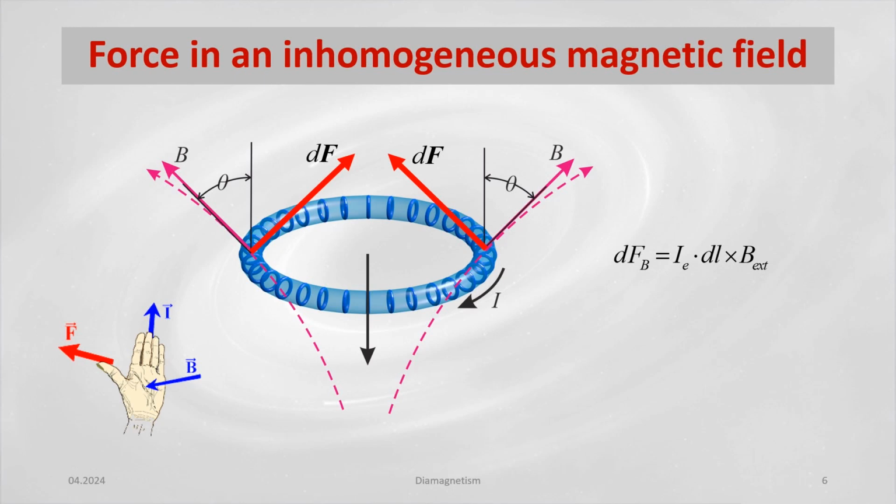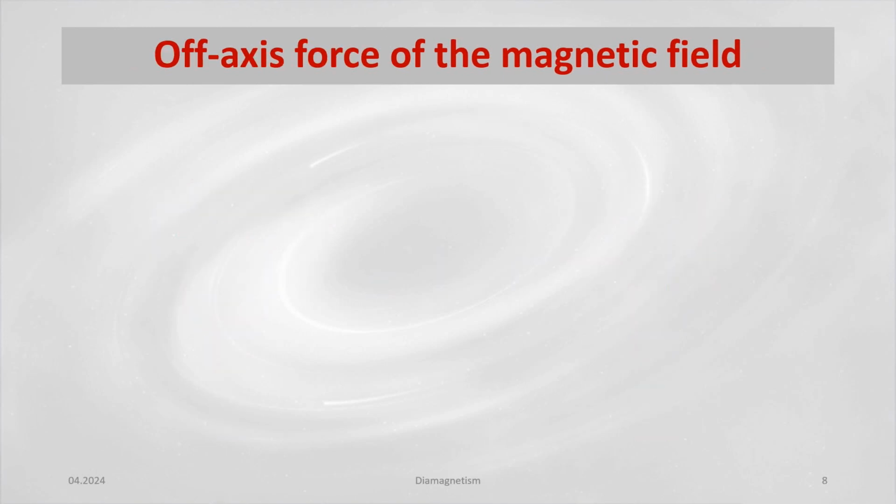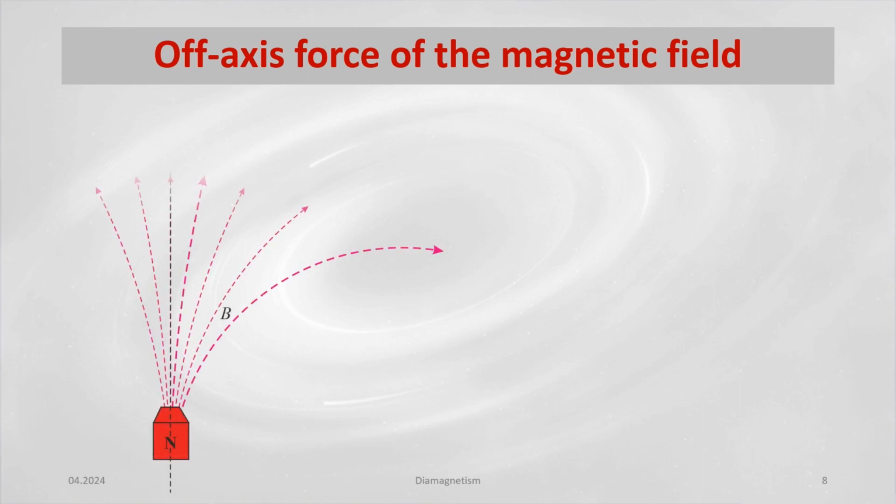ring with the current. For an external homogeneous magnetic field, this vector is perpendicular to the magnetic induction vector, and the force in the direction of magnetic induction and the z-axis is zero. If we use a ring of an electron with an oppositely oriented magnetic moment, the force will be oppositely oriented with respect to the direction of the magnetic field strength and the z-axis. Due to the magnetic induction of the external field, the magnitude of the force will be greater for the ring with anti-parallel magnetic moment. If the electron of an atom of a diamagnetic material is located outside the axis of